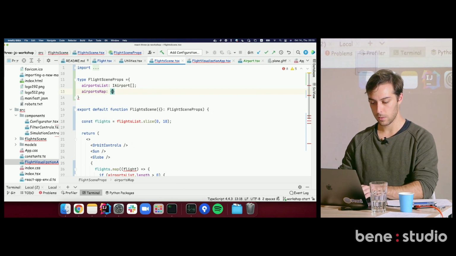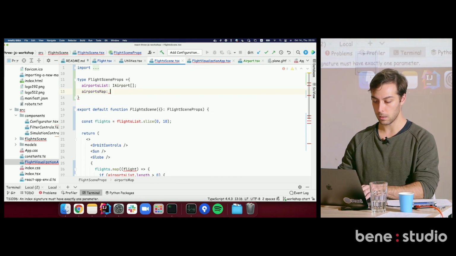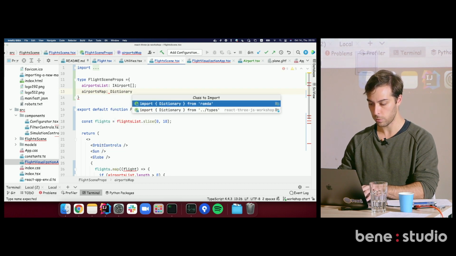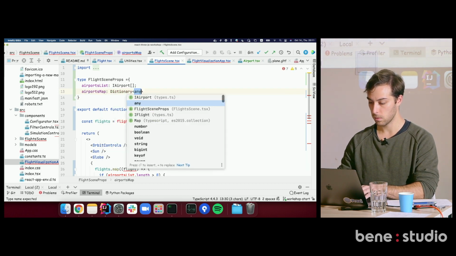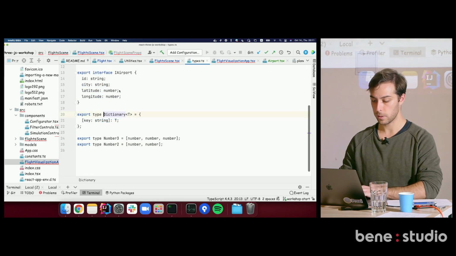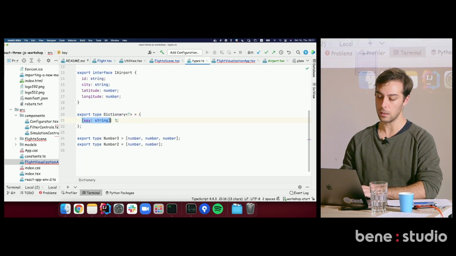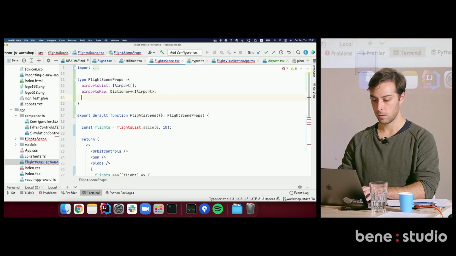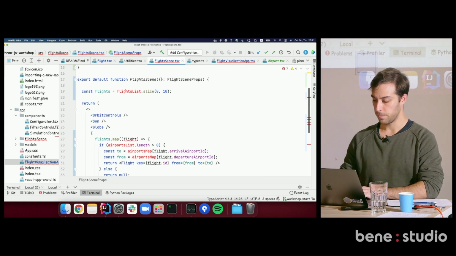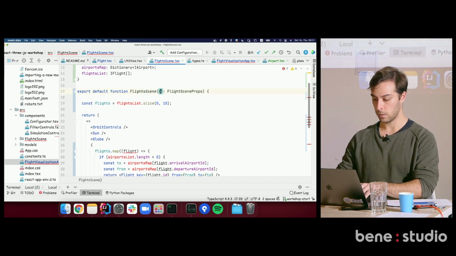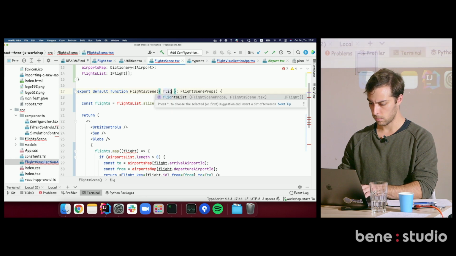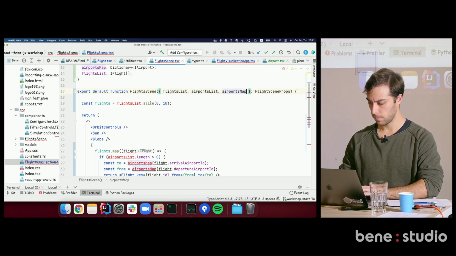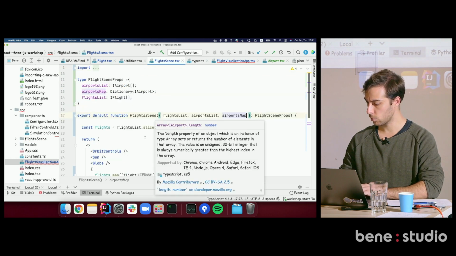So the type for this in TypeScript is quite clumsy, right? But I created another helper type for this, a dictionary of iAirports. This is just a shorthand for anything that has string keys and contains this generic type. And flights list, which is a iFlight list. And we can pick these variables up in this object spread here. And I think my scene should work